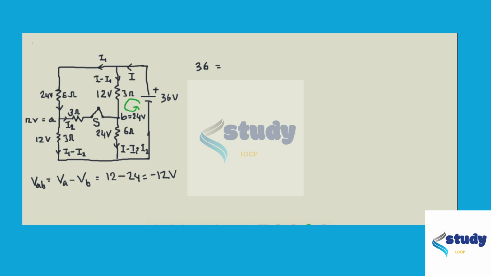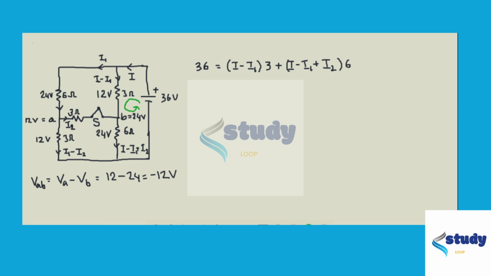Now this should be equal to the potential dropped across the 3 ohm resistor and 6 ohm resistor. So this should be (I minus I1) times 3, and along the 6 ohm resistor that is (I minus I1 plus I2) times 6,